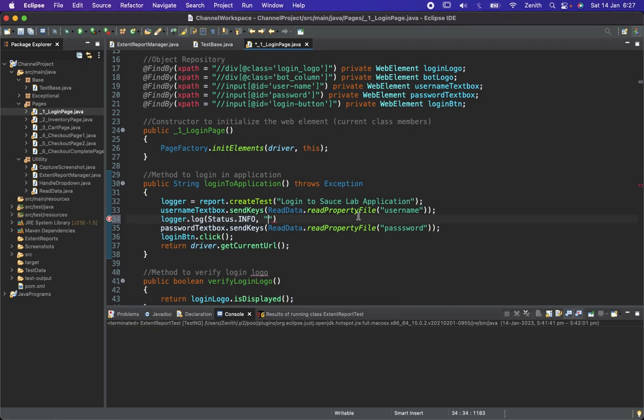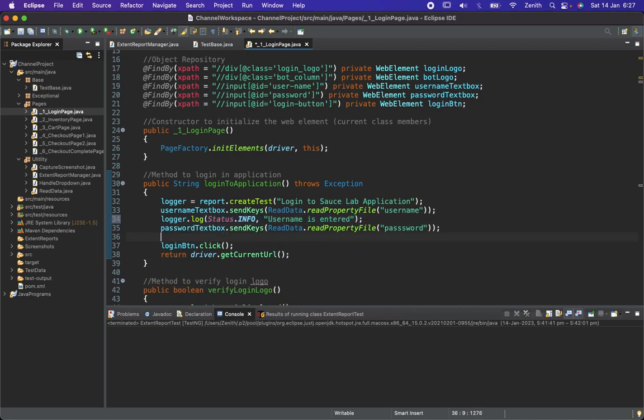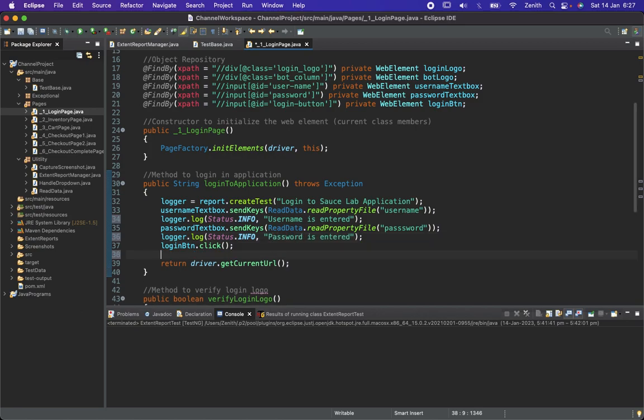Here we have entered the username, so username is entered, and we'll use the same thing after this, like password is entered, then here like login button is